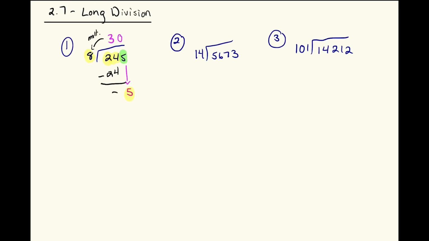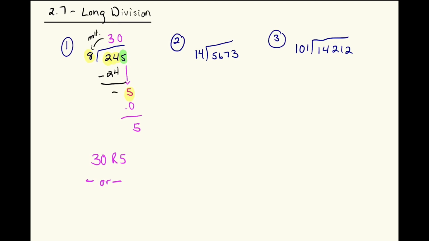Then do the same thing. 0 times 8 is 0. We subtract. 5 minus 0 is 5. Since that doesn't work, we can say our answer is either 30 with a remainder of 5,